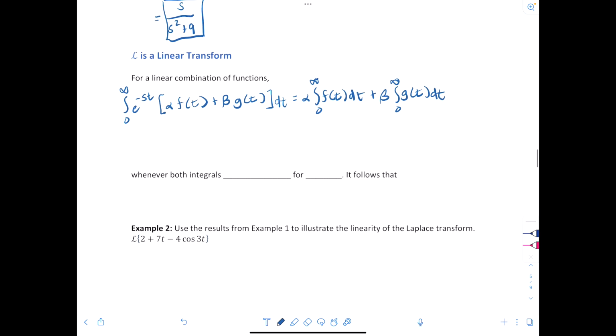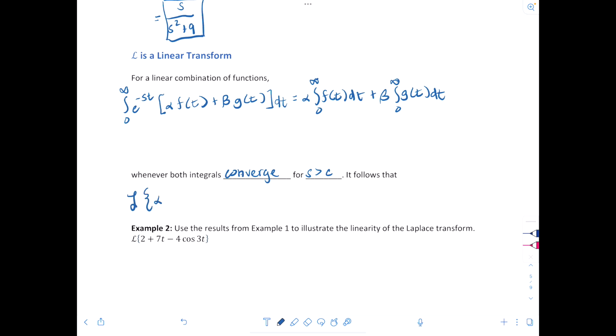Whenever both integrals converge for s greater than c. The c is going to come into play soon, so stay tuned. Following what the author said, and it's kind of early. All right, so it follows that